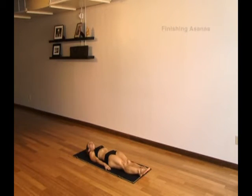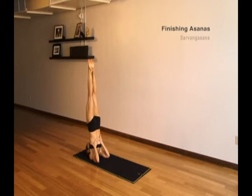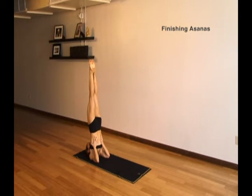Coming to rest for a moment before we begin the finishing asanas. Sarvangasana, shoulder stand. Inhale, if it's possible for you, you lift straight up into shoulder stand. Rolling onto your shoulders, moving the elbows as close together as you can. Supporting your back with your hands, pointing your feet, rotating your thighs inward, tucking the tailbone, and reaching out through